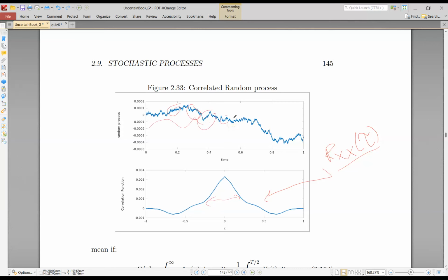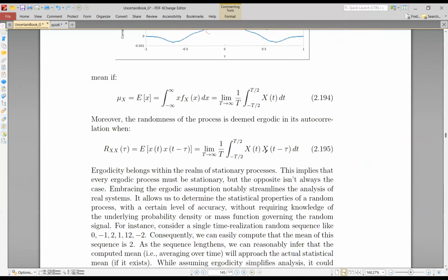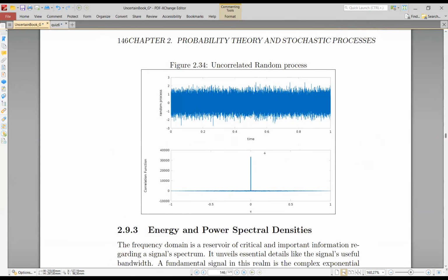If you take the signal at any time, it is still highly correlated after some time tau. So we have high correlation in this signal. On the other side, if we go to a signal which has much lower correlation, for example, this is the uncorrelated random signal. You can see how the correlation will be. There is actually no correlation. The signal is only correlated with itself